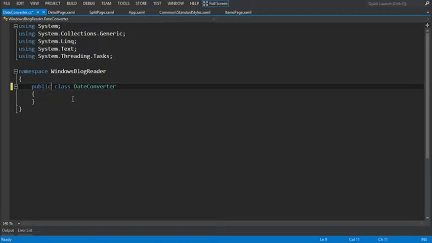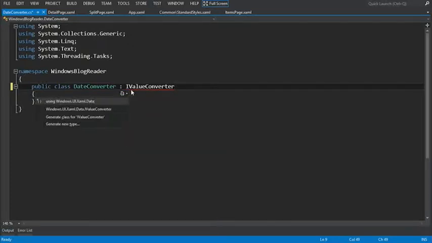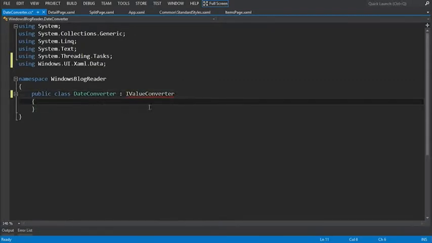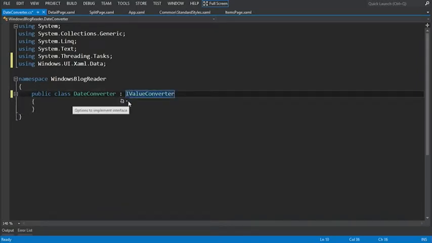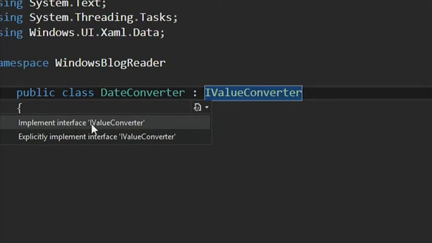Now to build a value converter, we're going to say that this date converter implements a particular interface. And we'll say that by using the colon operator. And the specific interface is IValueConverter. Since we don't have the namespace reference here, I'm going to click Control dot on that, and you'll see that this is pointing to windows.ui.xaml.data. And I'll go ahead and select that to add that namespace. Now we can select IValueConverter, and you can either use your mouse or press Control dot, and you'll see an option that Visual Studio will allow you to implement the interface IValueConverter. So go ahead and select that first option,